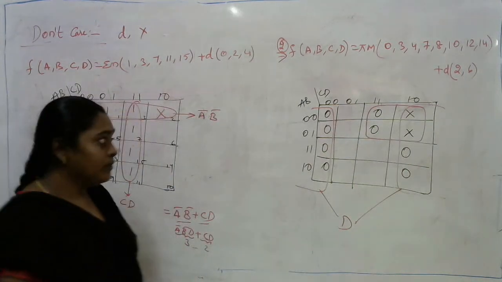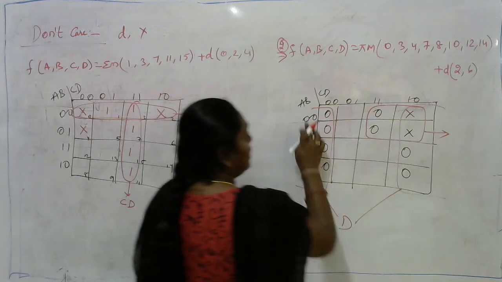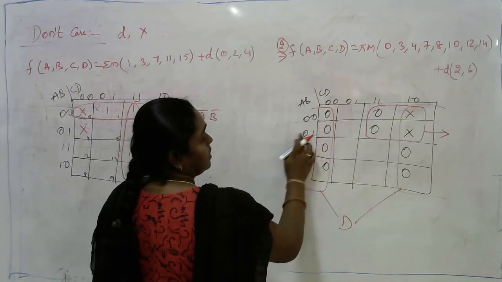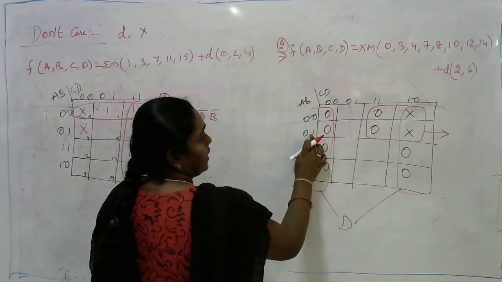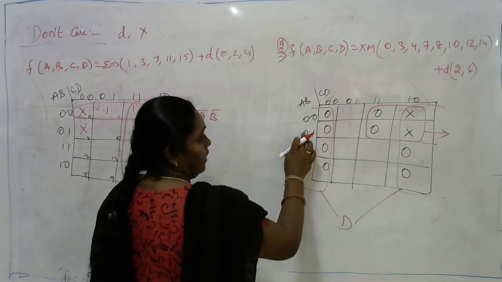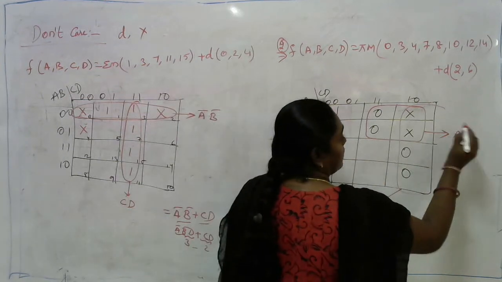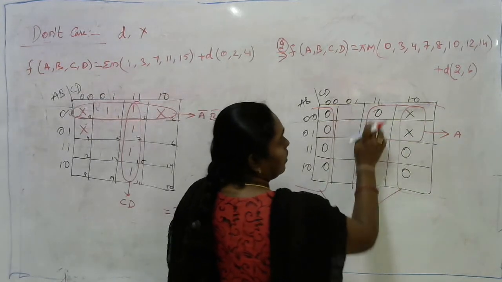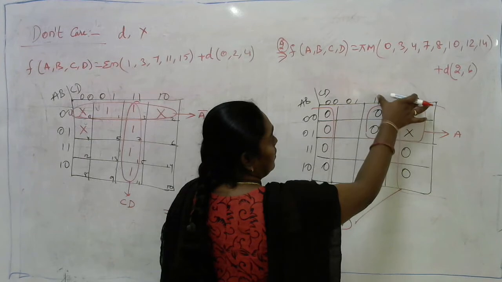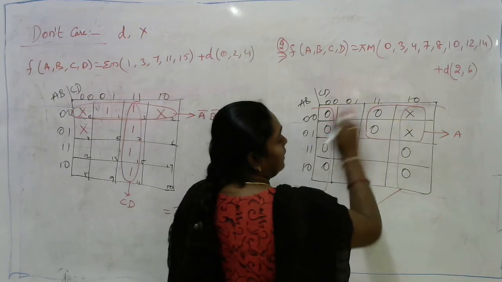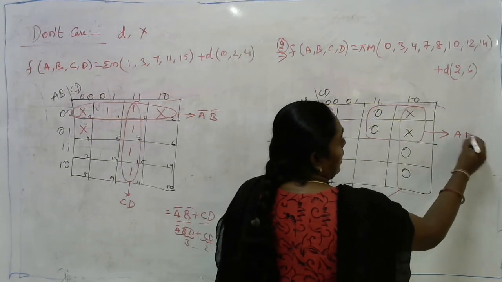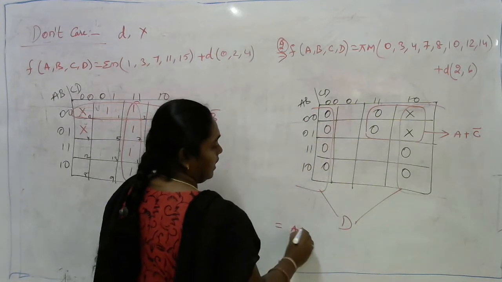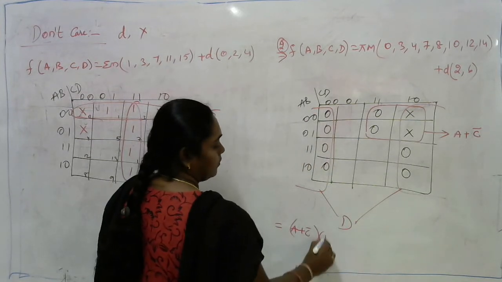as one quad, and the expression for this is, here it is taking two rows into consideration, 0 0 and 0 1. So 0 and 1 will be cancelled out, leaving A. Under A it is 0, as it is POS I am writing it as A instead of A bar. As it is present in two different columns, 1 1 and 1 0, D will be cancelled out, leaving C. Under C it is having 1, so as it is POS I need to write it as C bar. So the minimized expression is A plus C bar into D.